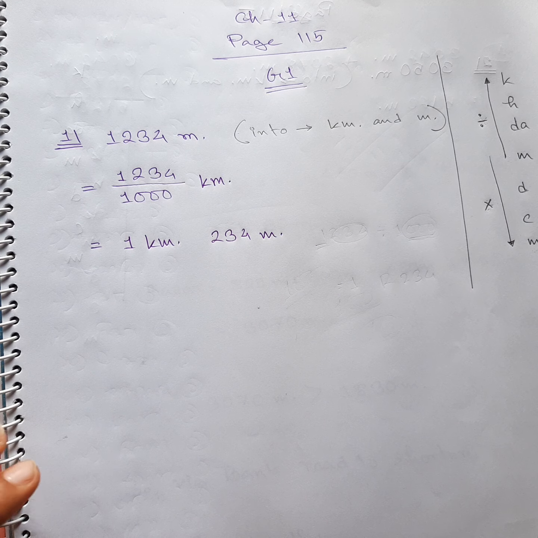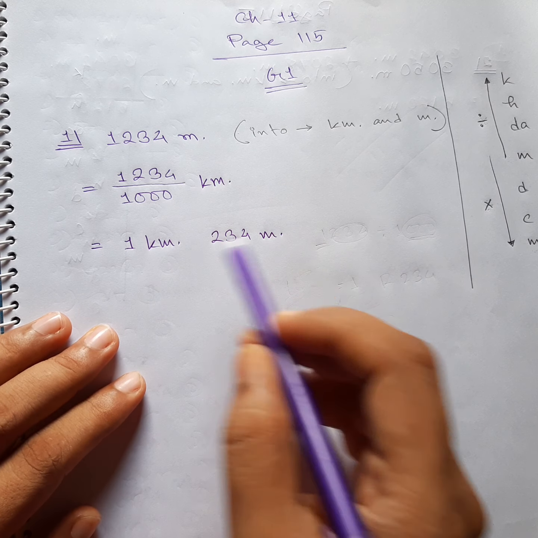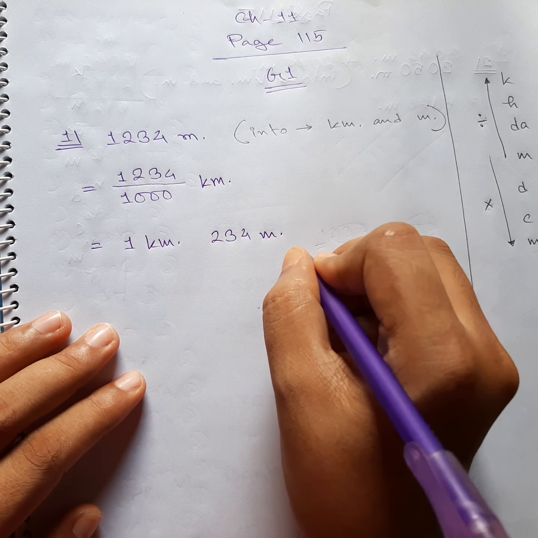Okay, it's pretty easy, very easy. And here is our answer of the first part. Okay, now we are going to go for the second part, which says hectometer, decameter and millimeter. Okay, now you have to understand a little bit more. Please stay with me and practice a lot.